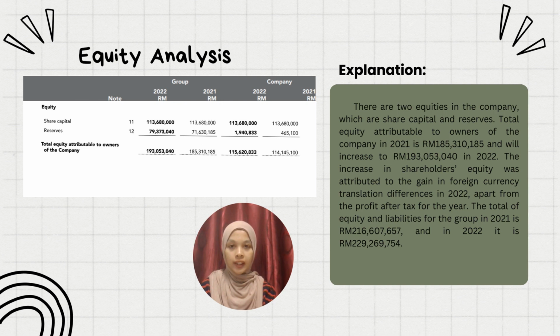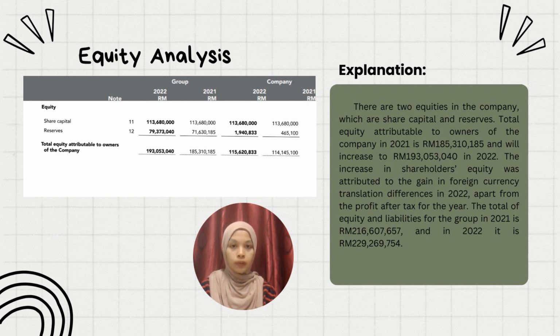Next, for the equity analysis. There are two equities in the company which are share capital and reserve. Total equity attributable to owners of the company in 2021 is 185,310,185 ringgit Malaysia, and will increase to 193,053,040 ringgit Malaysia in 2022. The increase in shareholders' equity was attributed to the gain in foreign currency translation difference in 2022,